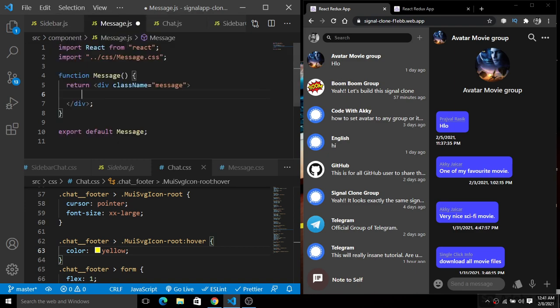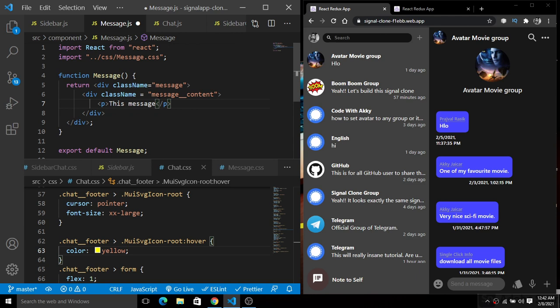Okay, here we have this message here, and now we will simply create a div with the class name message content. So simply give the message content, and close this div. So inside of this message content, we have a message. We will simply wrap it inside of this p tag. So this is the message, just like this. So we have this message here.